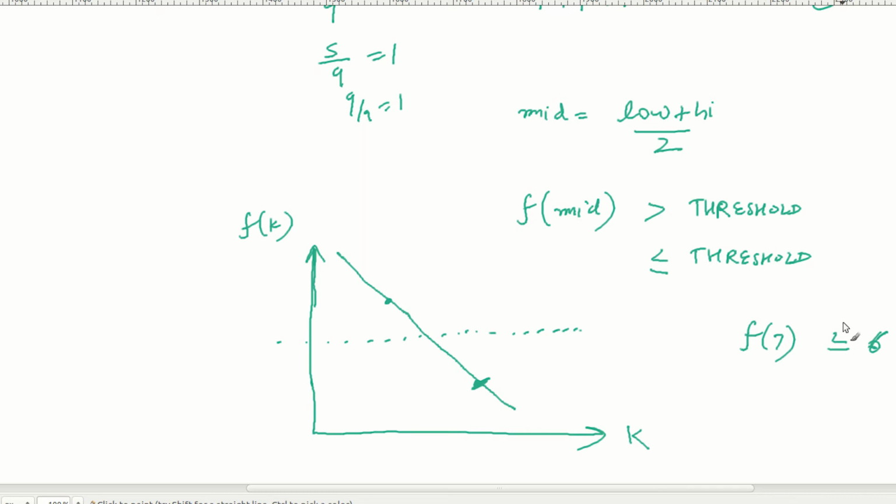There could be a better answer than 7. Maybe if I choose number 5 or number 6, that will also give me less than or equal to threshold, right? So using this property, I can discard the left half or the right half when I am doing binary search, and that way I can solve the problem.